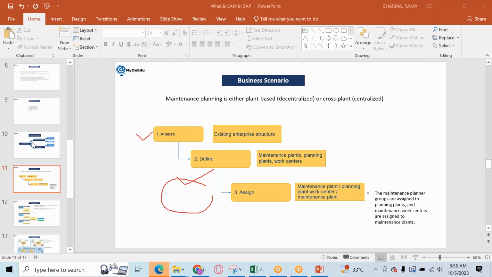That's why I'm saying work clearance management and plant maintenance, these both are part of EM. But apart from that, we also have IoT, which will come in the EM solution, and machine learning also has to be part of it. Let's say if you are going for a cloud solution, SAP has given one solution on cloud where all